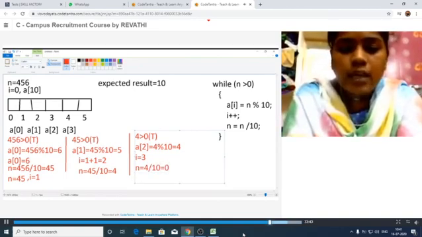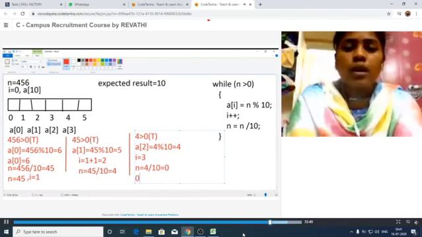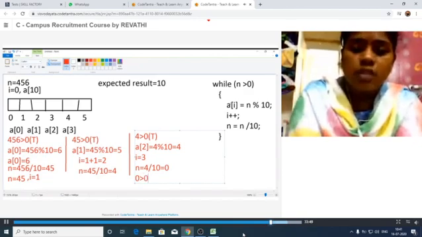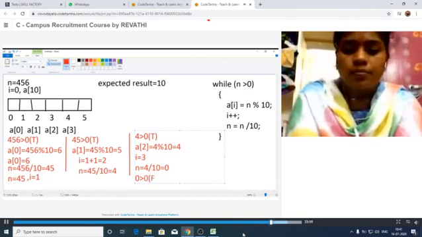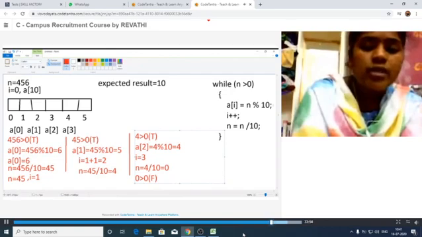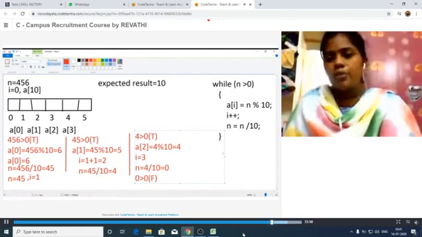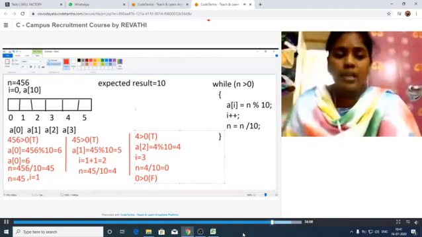Clear? Now it is again checking the condition. 0 is greater than 0. Condition is false here. Okay, whenever this condition is false, then it comes out of the loop and executes the printf statement. What is the print?